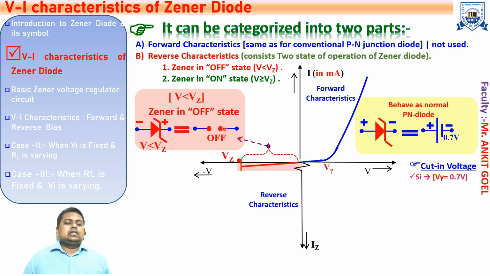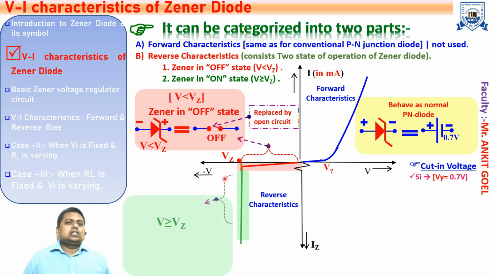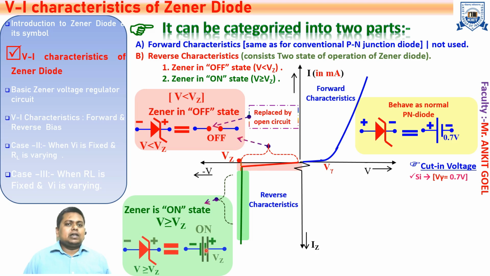So we will replace it by an open circuit. While for the input voltage greater than the Zener voltage, the Zener diode will be treated in the on state, and the current will rise suddenly, but the voltage across the Zener diode remains constant. So the Zener diode in the on state will be replaced by a battery